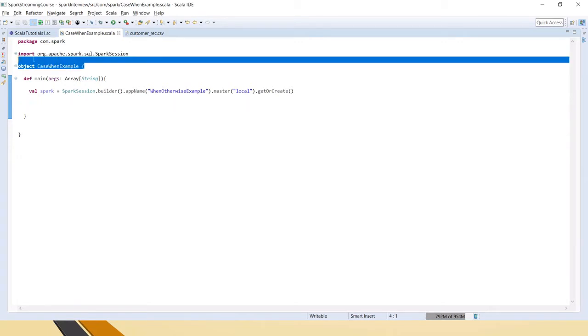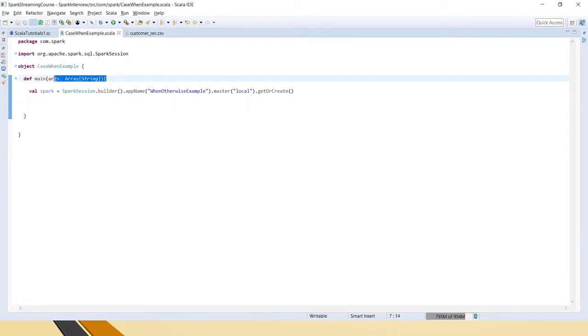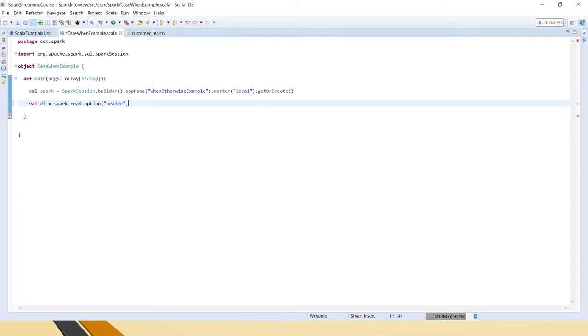So friends, I have created a Scala object, defined the main method, and created the Spark session. Now let me create a data frame for this CSV file. Spark.read, it has a header so I am giving it as true, and then .csv. The CSV is saved in my workspace so I am directly giving the name, else you need to give the full path.